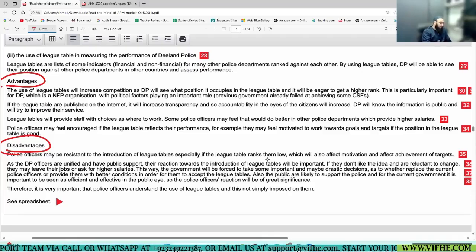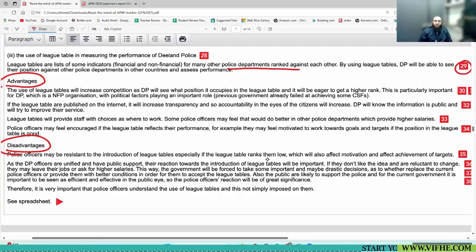Let's see. His answer started by mentioning league tables are a list of indicators, financial and non-financial, for many police departments to rank each other. Using league tables, the police will be able to see their position. They can compare against police departments in other countries and assess performance.